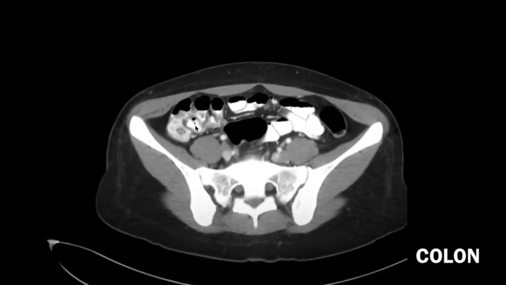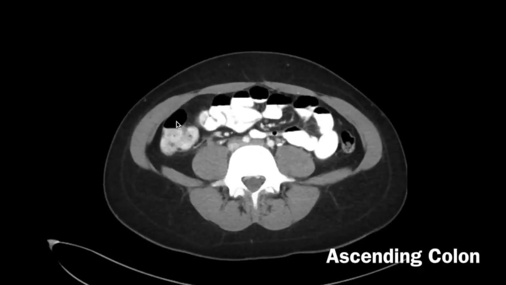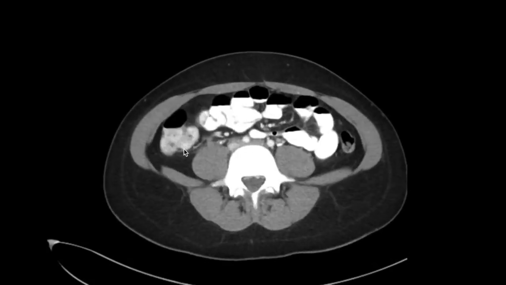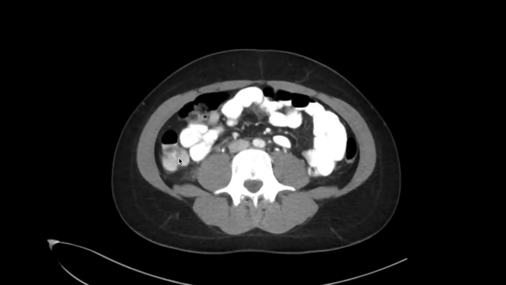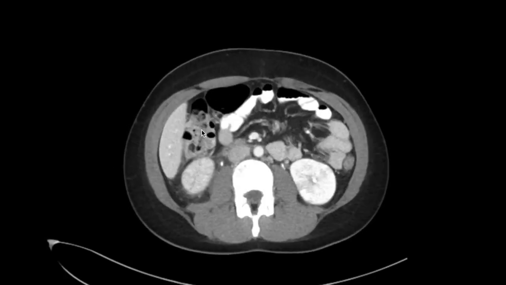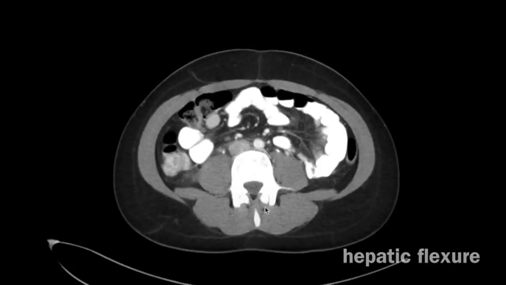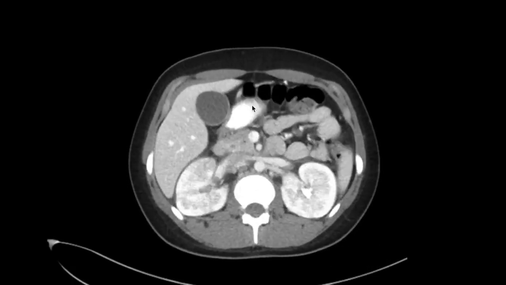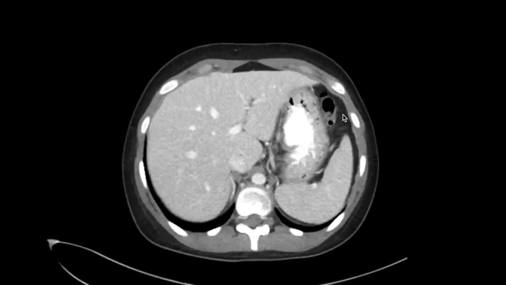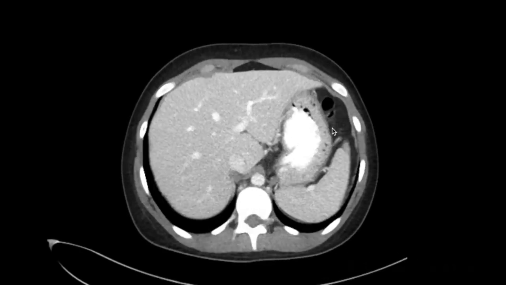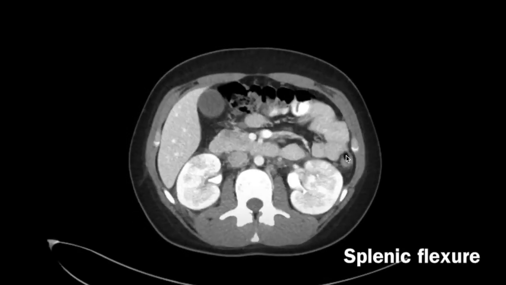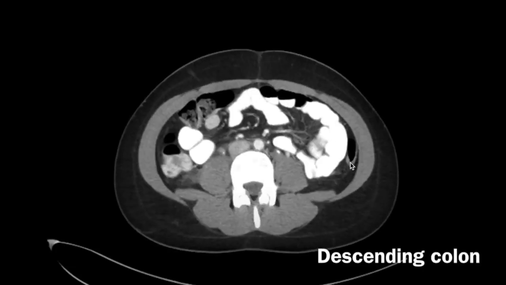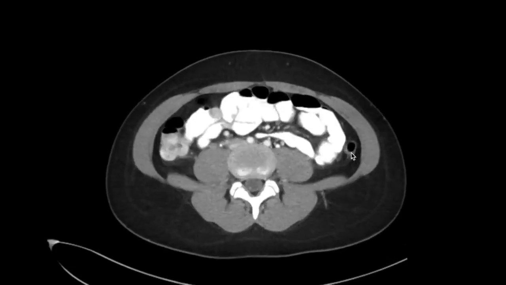So the cecum joins to become the ascending colon here. Notice the appearance difference of the large and small bowel owing to the haustra or saculations. The ascending colon comes up here to near the liver, and this is called the hepatic flexure. It then comes across the midline as the transverse colon here, to the left upper quadrant near the spleen as the splenic flexure, the descending colon here, a retroperitoneal structure, just like the ascending colon was,